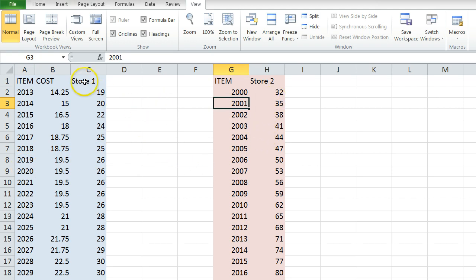a VLOOKUP. For example, I might have the inventory from store 1 in column C and inventory in store 2 from column H. So I want to bring the 71 pieces for item 2013 up over here next to item 2013. When you want to connect data from two columns that are uneven, a VLOOKUP is a quick way